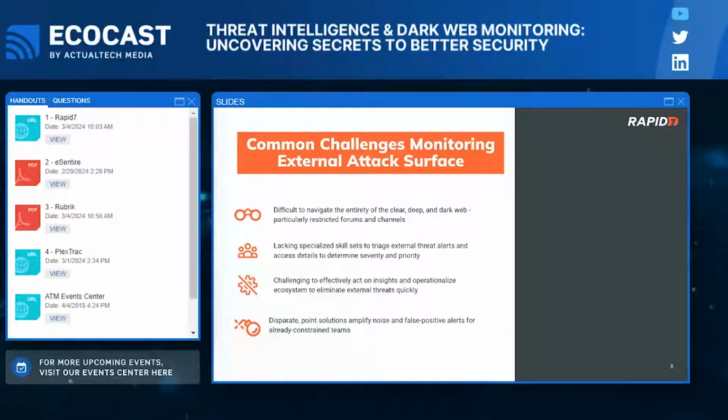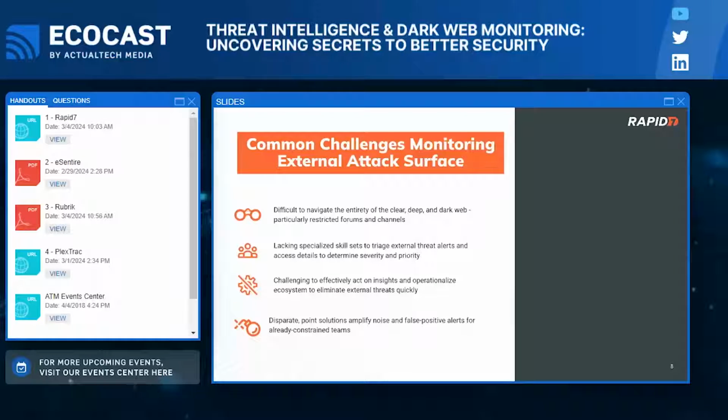And again, on the dark web in particular, some of these hacker forums, not just anyone can navigate into these. You need special tools, and in some cases, you need to have developed a persona almost. I think of it like undercover work, to be able to go into these forums and channels and not get kicked out by the different attackers in there. So to be able to actually talk the talk and see information and understand what's for sale can be really challenging. Being able to determine what is real and what is not.